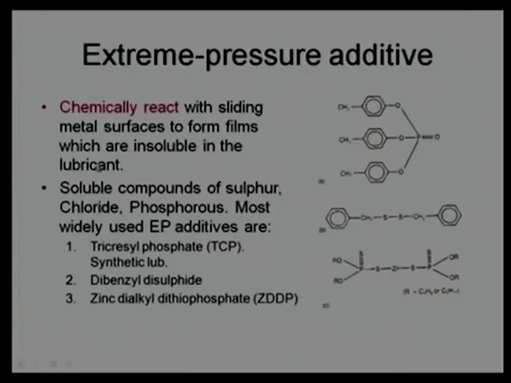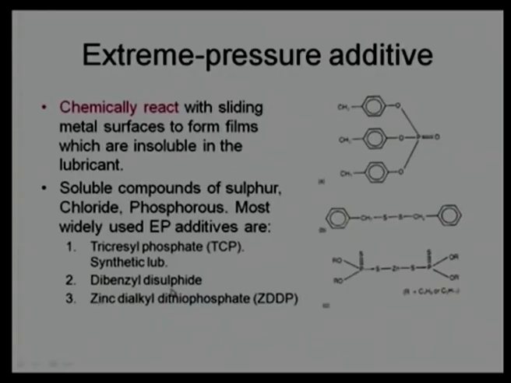That is a very good action of the extreme pressure additives. These additives are soluble compounds of sulfur, chlorine and phosphorus. The most commonly used additives based on the metal, chlorine, phosphorus and sulfur are TCP and